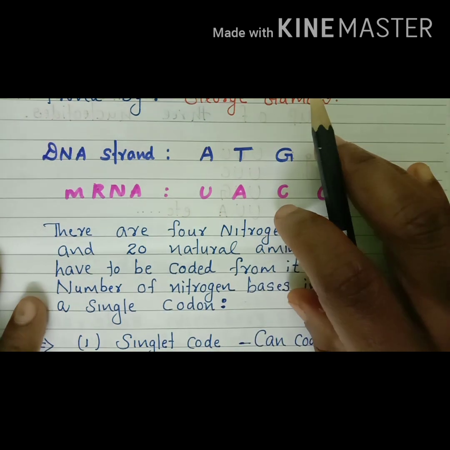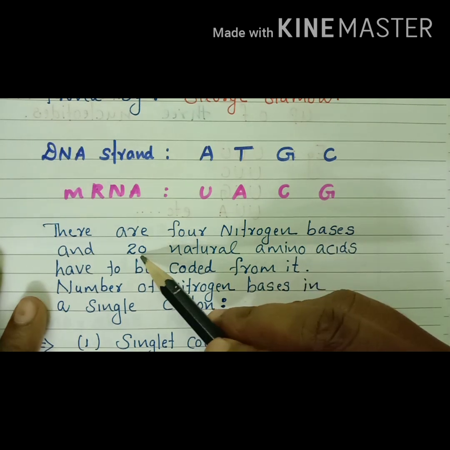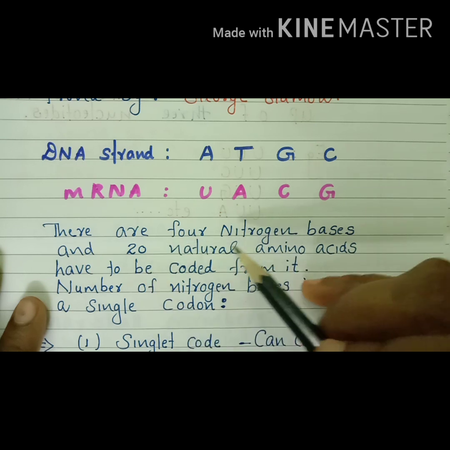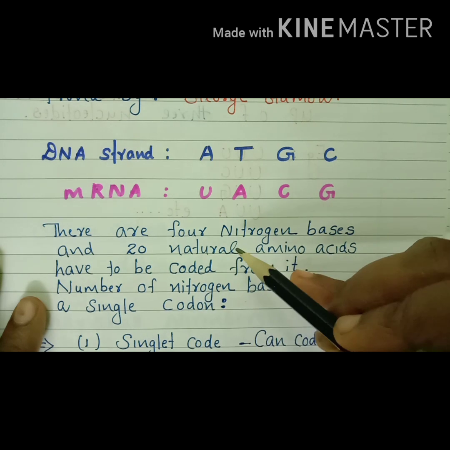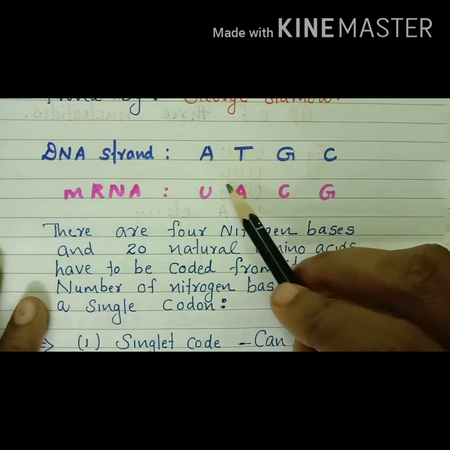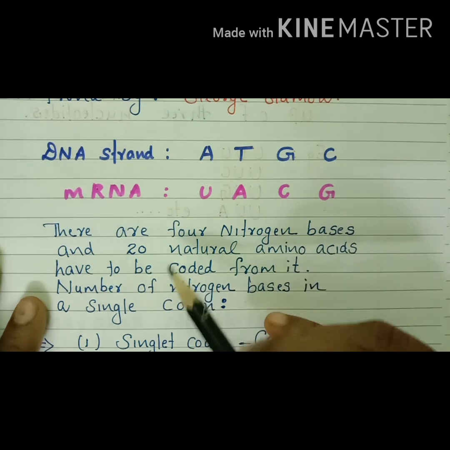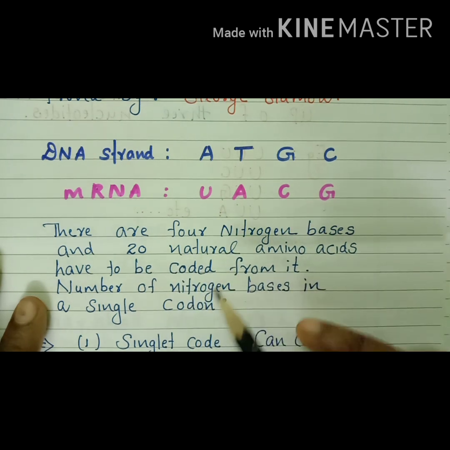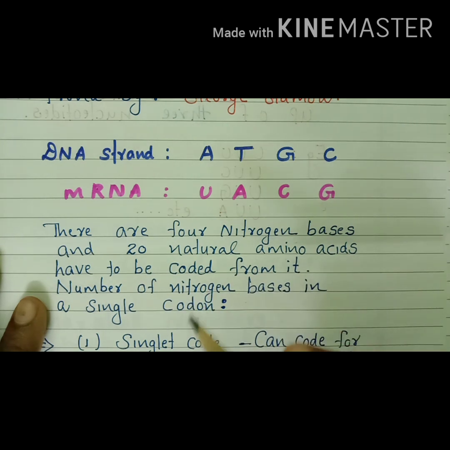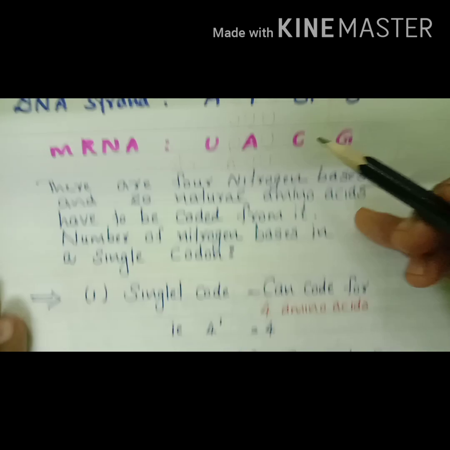And when we are observing a protein, there we can see 20 amino acids. 20 naturally occurring amino acids are there. They will join in various forms to become the proteins. See, only 4 nitrogen bases are there and 20 amino acids are there. From these 4 nitrogen bases, 20 amino acids have to be coded. So the codons should be a combination of nitrogen bases. That was proved by George Gamow. How did he arrive at that conclusion?